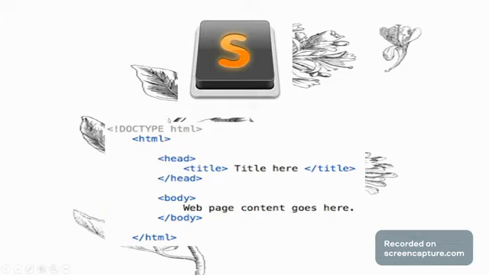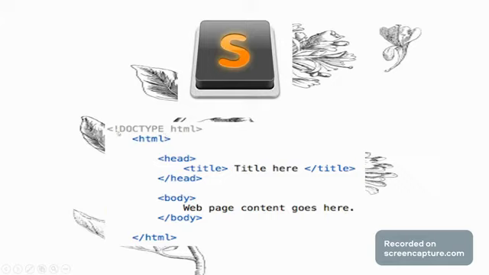See here, this is the basic structure of the HTML language. You said the starting line will be only HTML, but why is the doctype written here like that? Why is this exclamation doctype written here? This doctype is written to declare the document type of all your code.